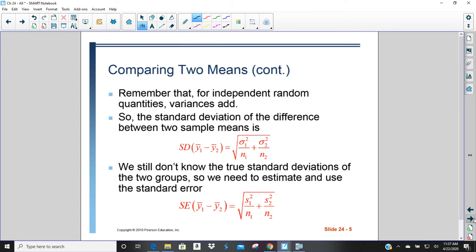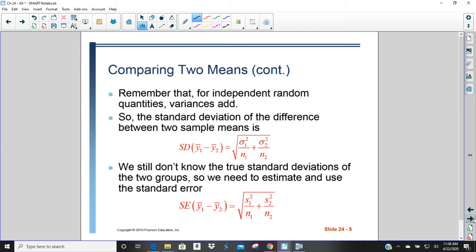for independent random quantities, we add variances, even if we're subtracting. So when we're doing the difference, we're subtracting. But when we're doing variances and we're doing standard deviations, we add, always add, right? So we would take the standard deviation, square it, divide it by the number in the